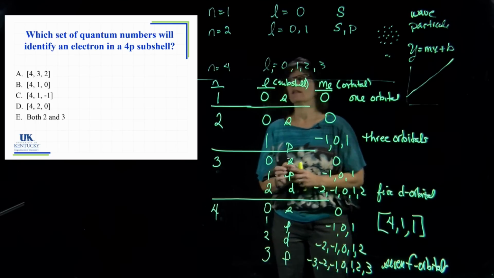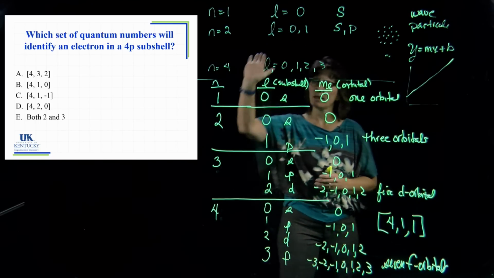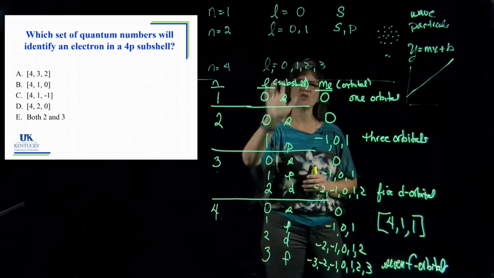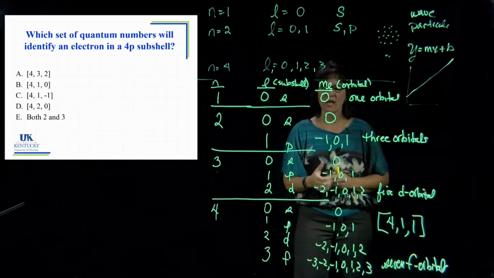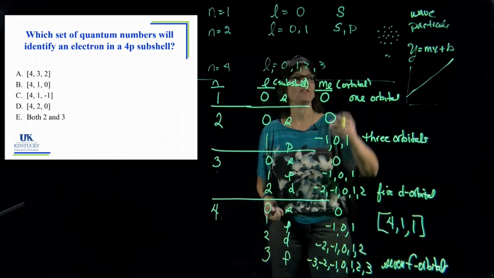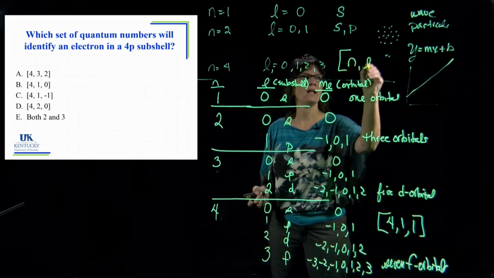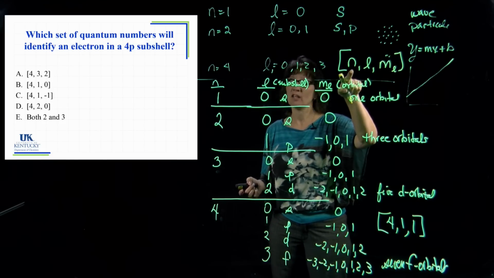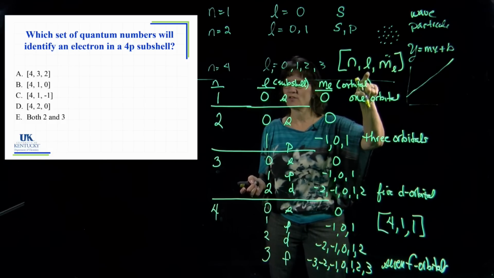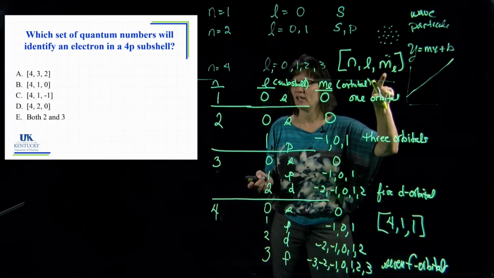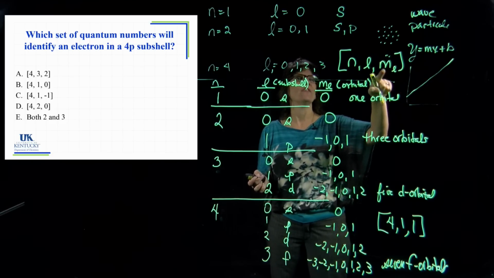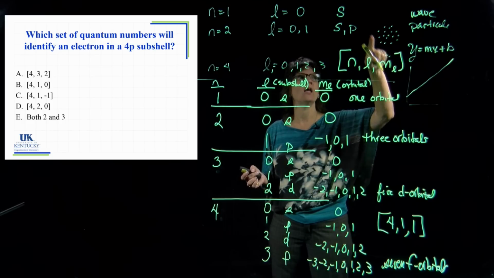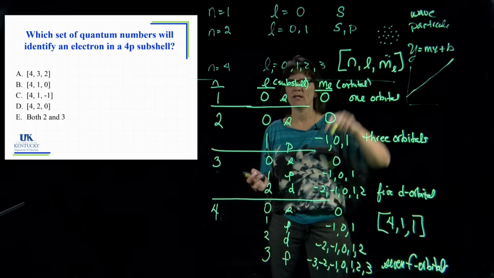All right, so in this whole series, what we're talking about is the quantum numbers N, L, and M sub L. They tell you the shell, the subshell, and the orbital that an electron has. An electron can be tagged with these three numbers that tell where that electron is. They say this is where it is as far as its shell, this is where it is as far as its subshell, and now I've defined where it is right down to its orbital, this region in space where you have a high probability of finding the electron. We have a high electron density.